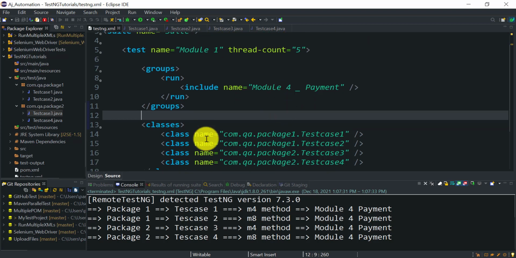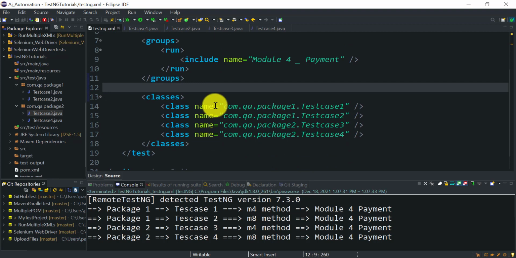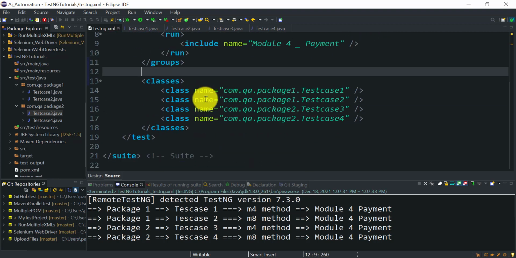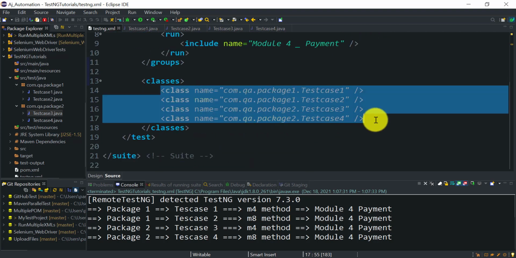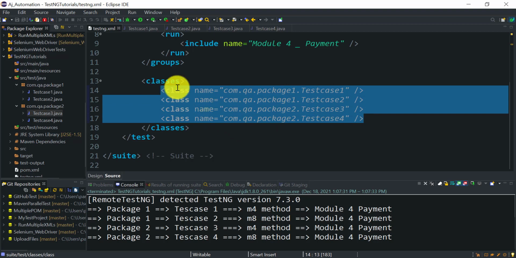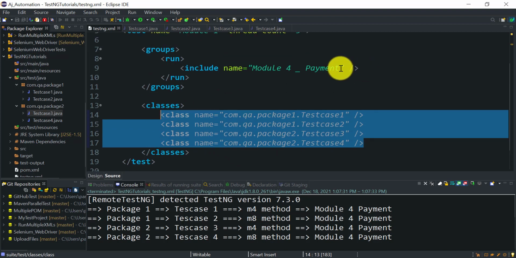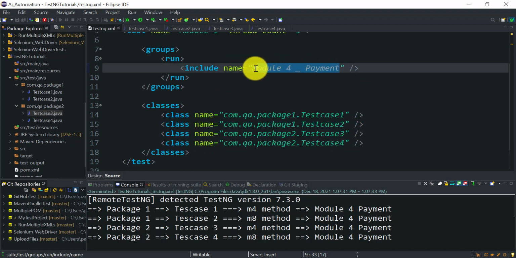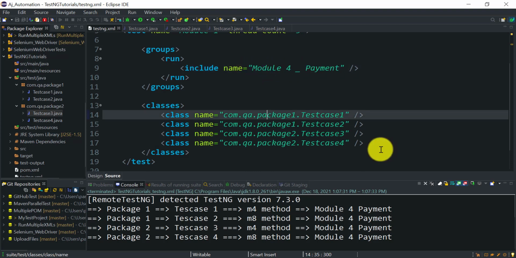Here is one more point you need to remember: TestNG is going to consider only the classes you have given here. I have provided all the TestNG classes, and from all these TestNG classes it will only run the test methods which are a part of this module 4 payment functionality or group. So let's say I don't want to run the module 4 payment test cases from package 2.